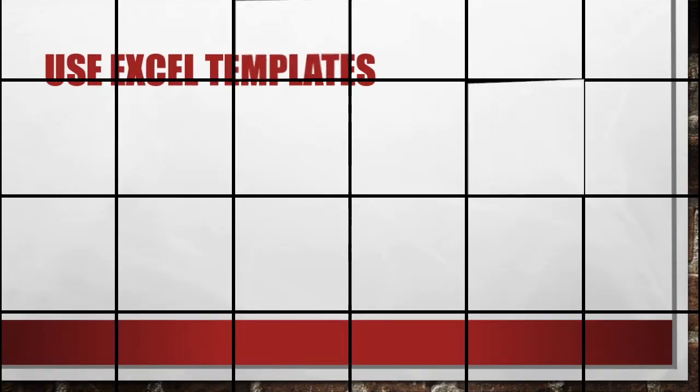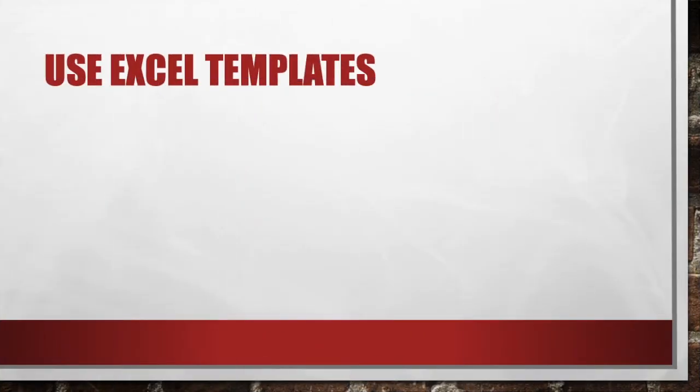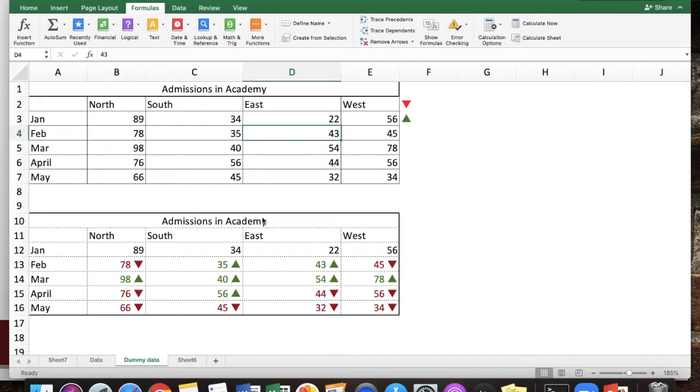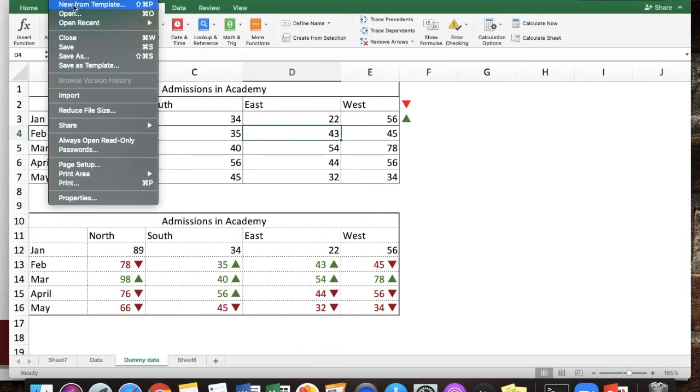Now the next thing, use Excel templates. So what are Excel templates? Excel automatically gives you a set of templates with all the presentation, formulas and everything, and you can use them as they are without making the same from scratch. So for example, you need an amortization table. Rather than going to a new sheet and making an amortization sheet with formulas and everything, just open a new file. I'll go to File, New from Template.